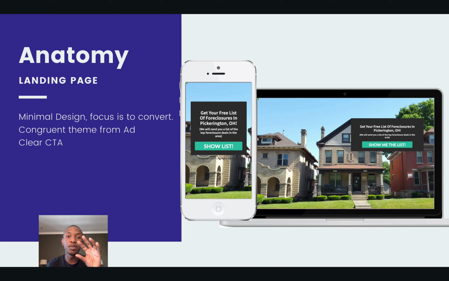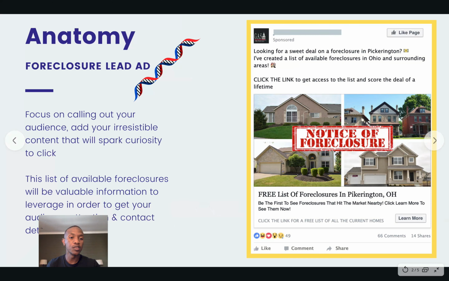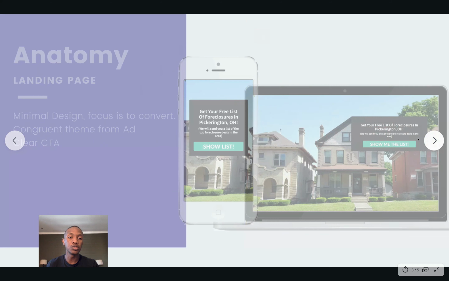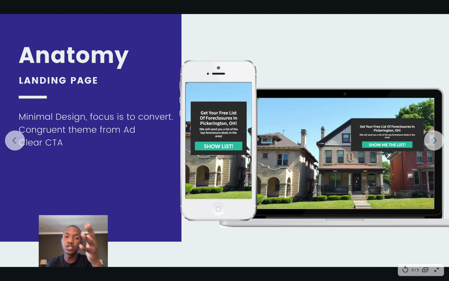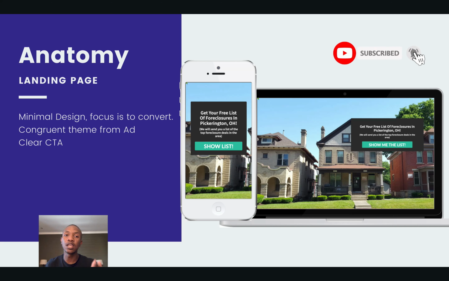But the only way we can convert them into a lead is to ensure that there's congruency, okay? So what do I mean by that? As you can take a look over here, I had obviously 4 images of different homes. So I decided to grab that one and add it into the landing page. So you just want to ensure that there's congruency throughout, because if there's no congruency, you're going to obviously start increasing skepticism. I'm not saying it's going to happen all the time, but you want to ensure that you maintain 100% consistency with your landing pages to ensure that there's no skepticism, mainly because the online selling market, whatever